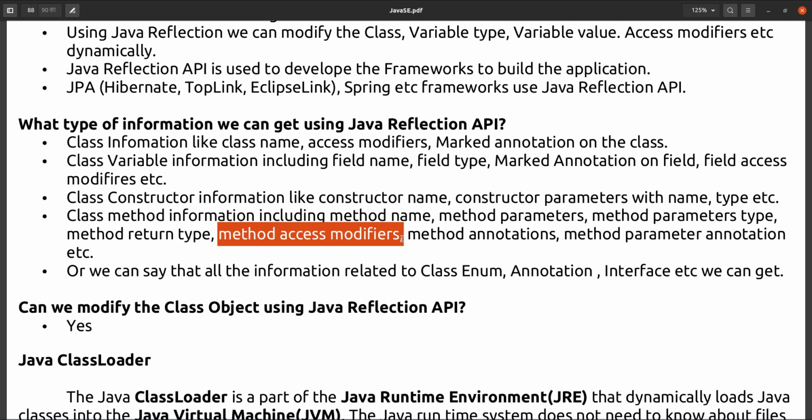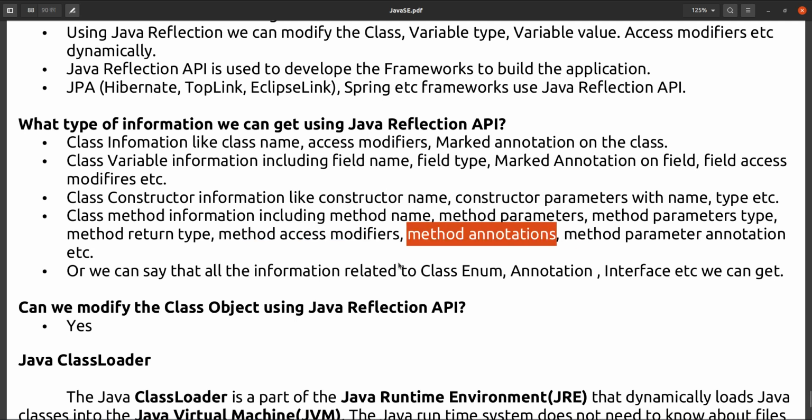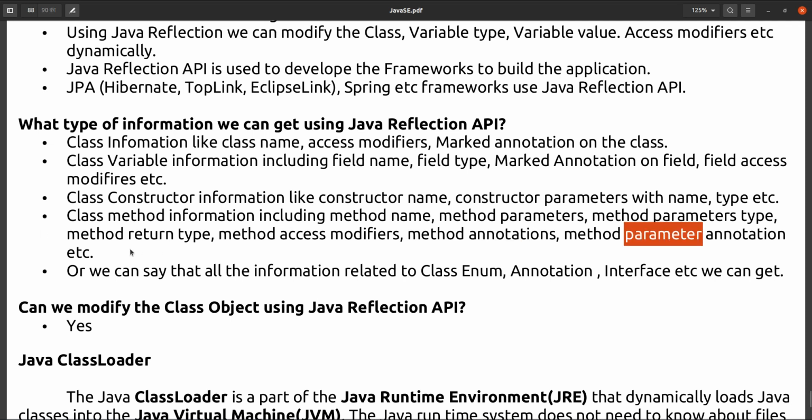You can get method annotations, and how many annotations are marked on the method parameters. You can get that using Reflection only. So method parameter annotations, etc.